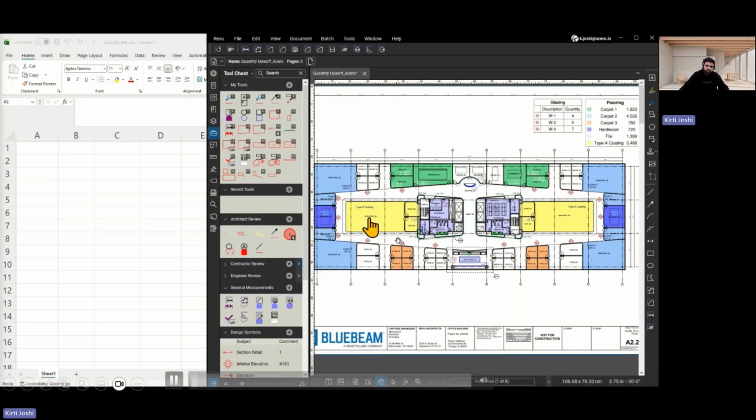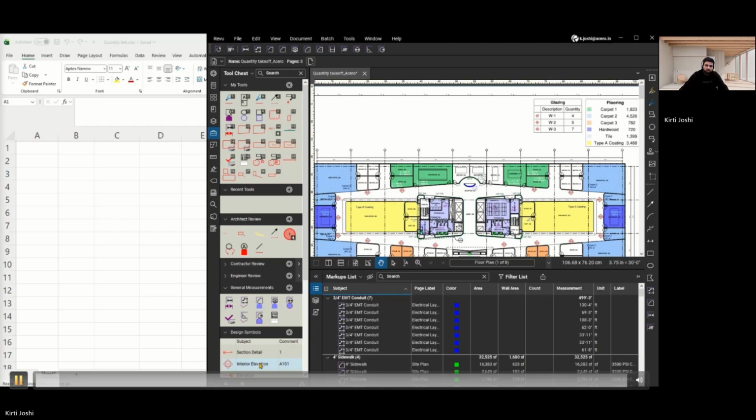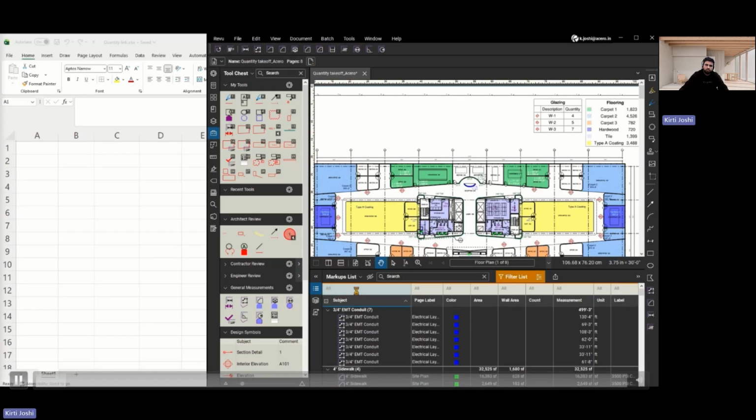And I have opened the PDF page as well, like the Bluebeam I have opened, and you can see I have already taken some measurements. So in the top side, you can see the flooring, carpet one area, carpet two area. That is through the legend I have already created. But what I will show you here is the quantity link, like how the things are automatically added to the